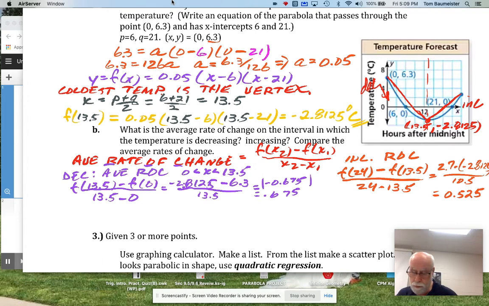All right. And now it wants us to compare those two. They are both positive, and what we're going to have to say is, well, which number is greater? This number here is definitely greater than this number here. When they're asking you something like this, and I'm not sure if they're going to ask you on a test, that's kind of why I'm still going to do it. What we can say is that the average rate of change at which the temperature decreases